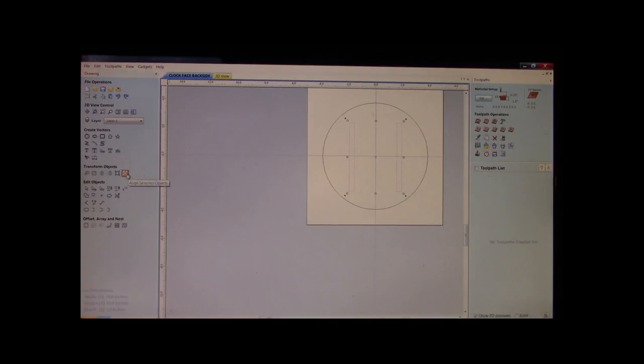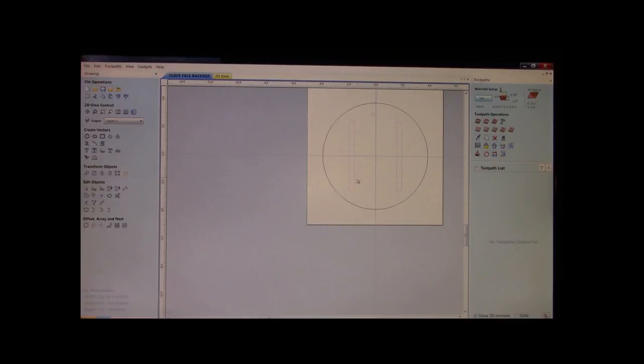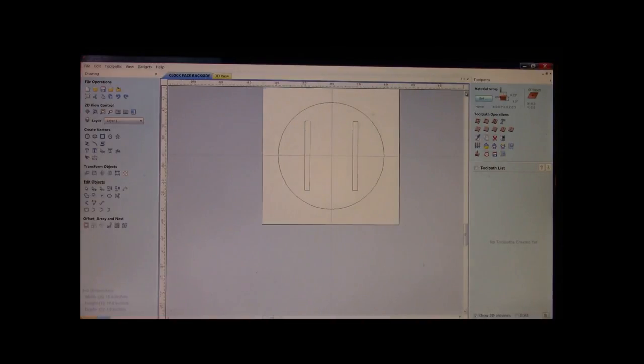We come down to Transform Objects, pow. This is now centered on the back of the clock face. Everything is dimensionally right where we need it. Awesome. Now, with our slots in place, the other thing we need,